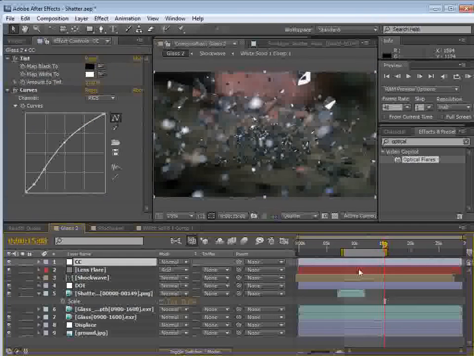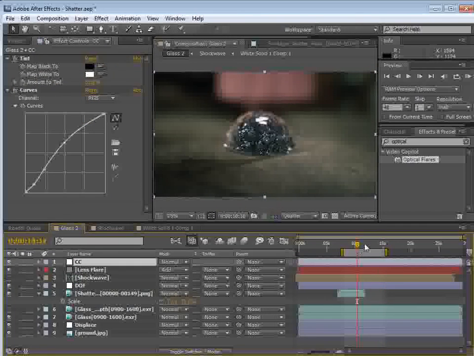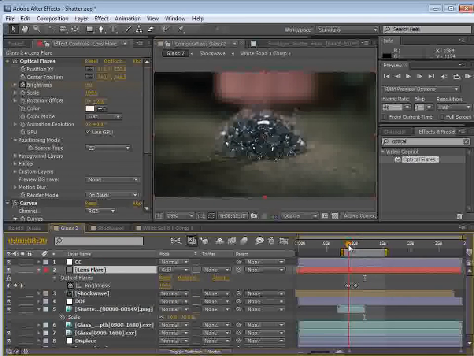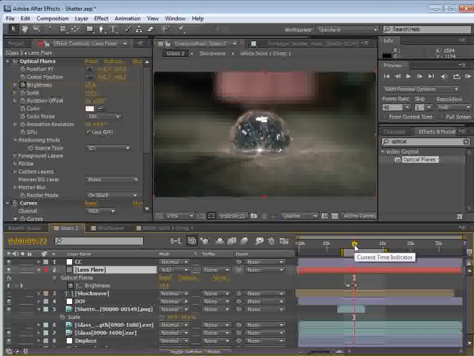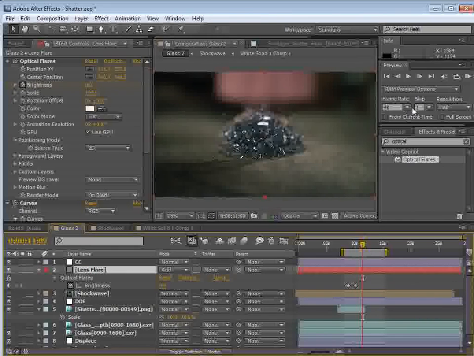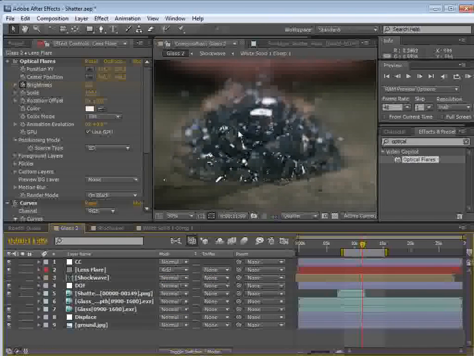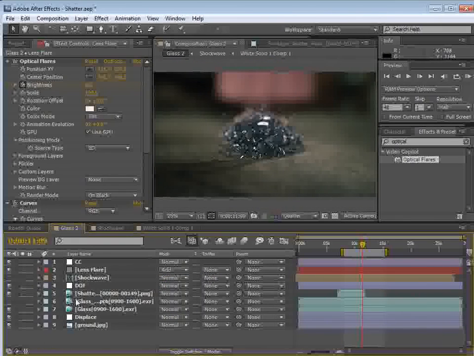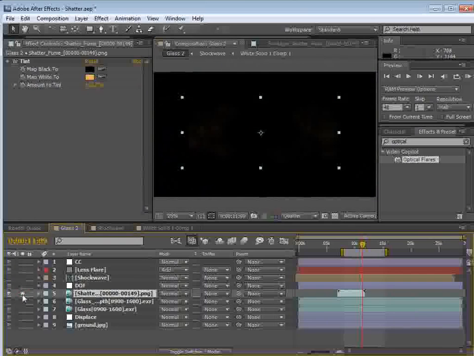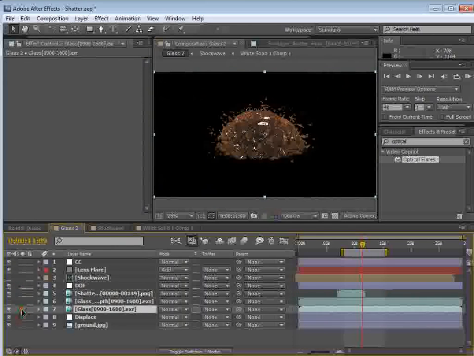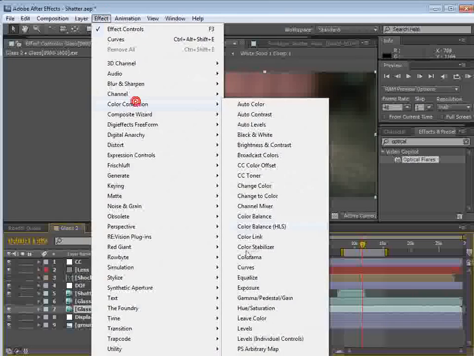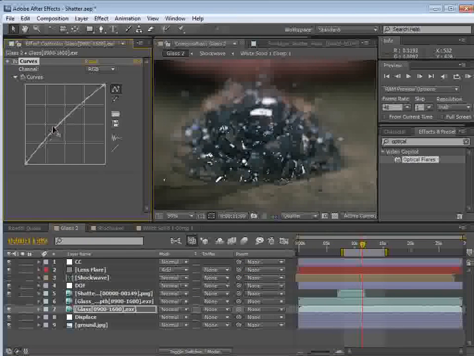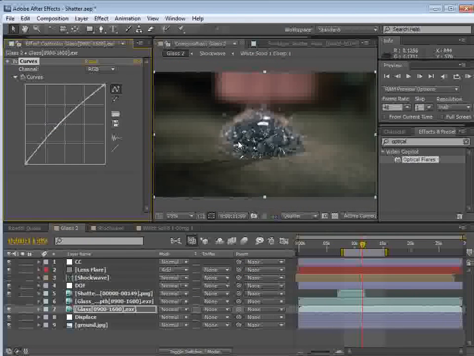Maybe put the color correction above the flare. And this is going to take a little while, but maybe we could take a look. Another thing too, I noticed the glass is kind of blue looking instead of gold looking. Since it's a separate layer, we can actually go in and color correct it all by itself. So we could brighten it. We could take